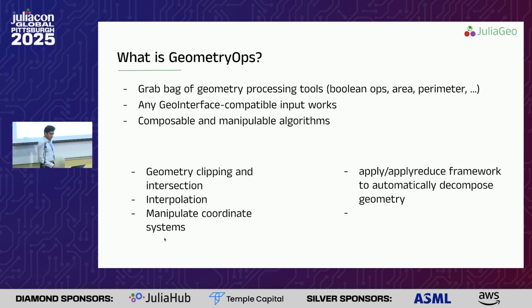But the really cool thing that a lot of this is built on is this framework to automatically decompose geometry, right? So going all the way from a table with associated attributes, you could have countries, which could be polygons, could be multi-polygons. A single polygon is just an exterior and a bunch of holes, but it has to be contiguous. A multi-polygon can have, for example,